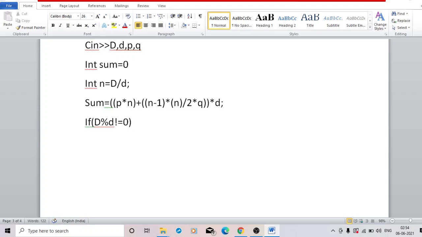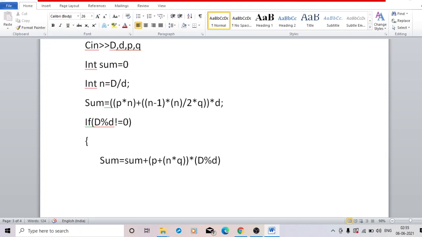So if there is a remainder, so it will not be 0, and then I have to increase the value of sum with P plus n into Q,